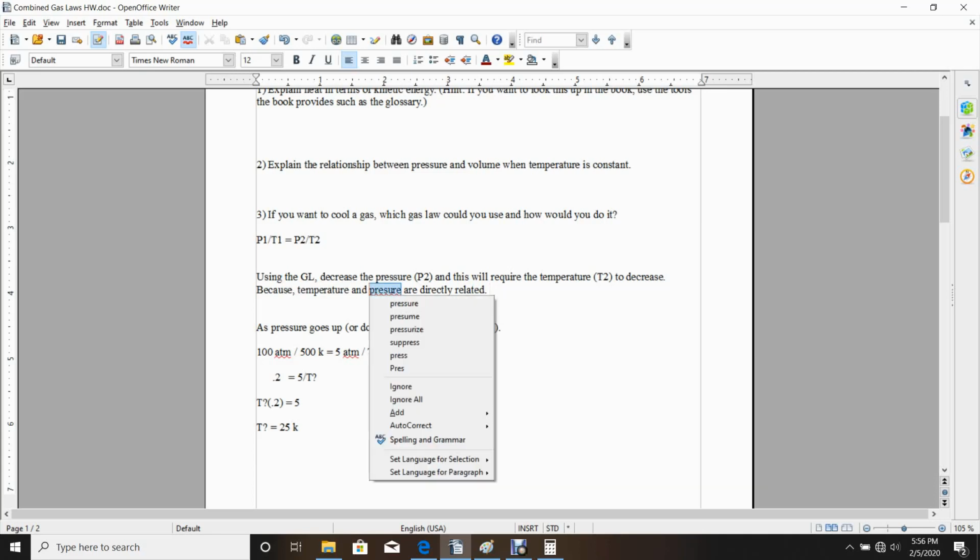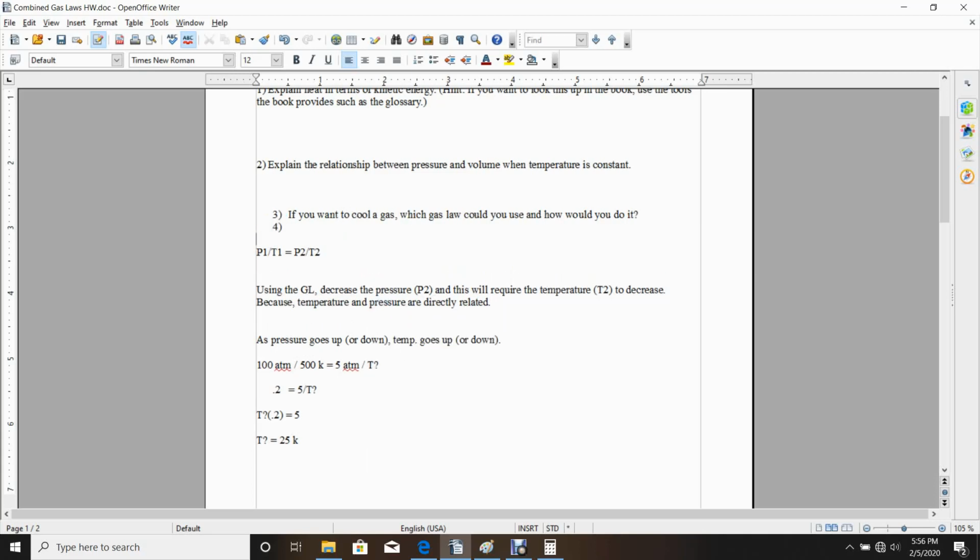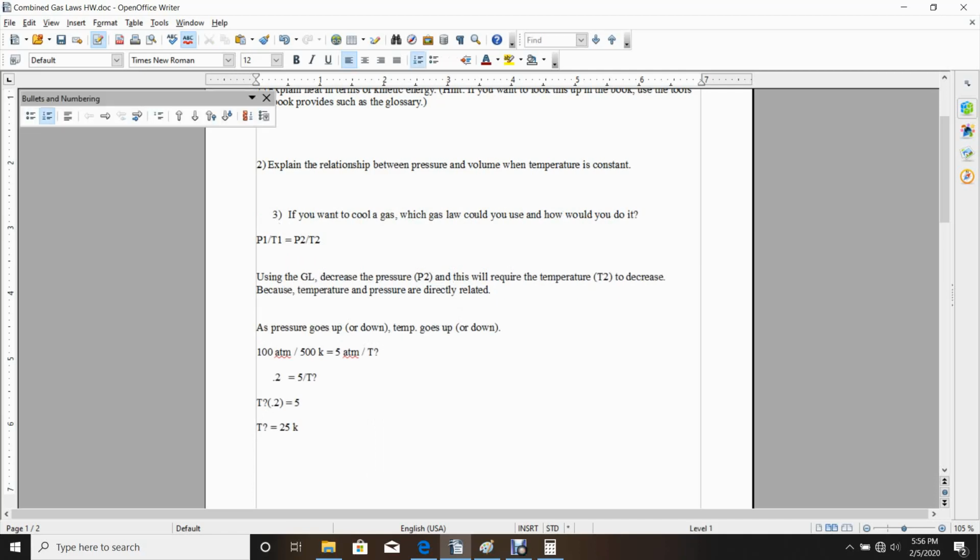Really not too complicated. How did we do this? We started by carefully reading the problem. I want to cool the gas. Which gas law could I use and how would I do it? So I want to cool a gas. I have gas laws and I need to cool a gas. One of my gas laws talks about changes in temperature. So look through your book, look through your memory, look through your note card, find a gas law like Gay-Lussac's law